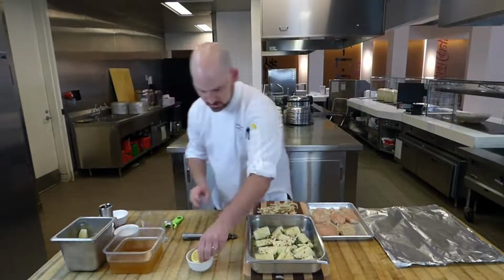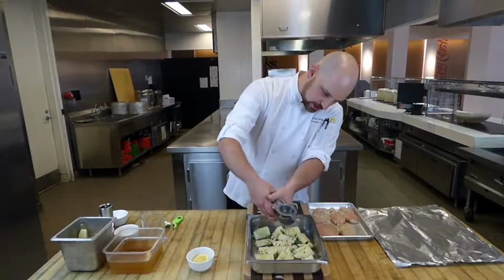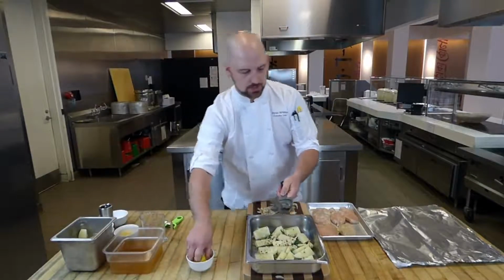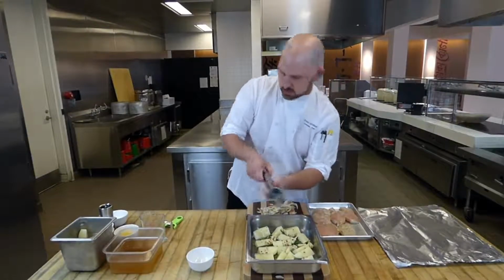And then last, I'm going to add some fresh lemon to it. You can use store-bought lemon juice if you want, but I always go with the fresh ones. I wouldn't add the actual lemon in because it boils and reduces. You're going to get that kind of bitter pith flavor. All right. So once we've got all of that in there,